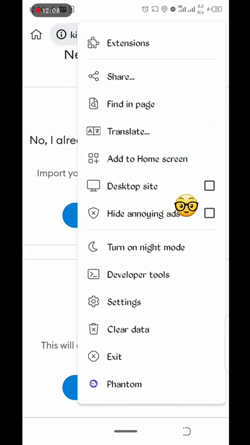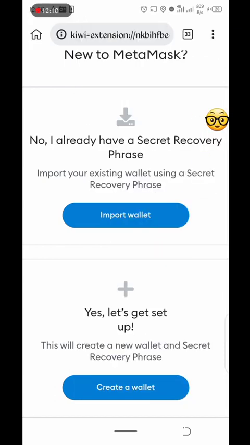We are going to need this feature later on, but for now we work with mobile, and then we can switch to desktop when we get to that particular point. So in this case, I'm going to click on the option "No, I already have a recovery phrase." Yes, let's get up. Now in this case, we are trying to import a particular wallet that is already linked